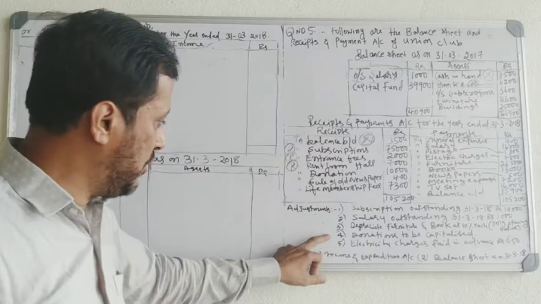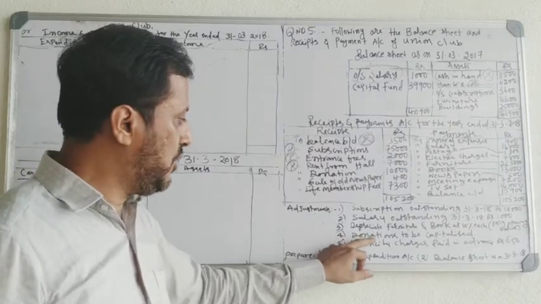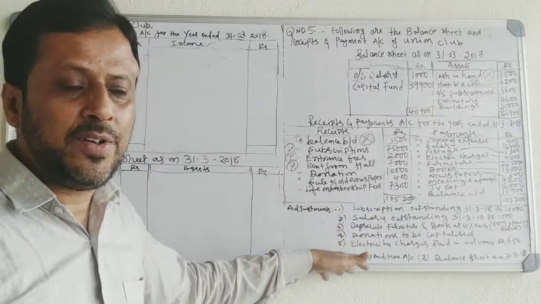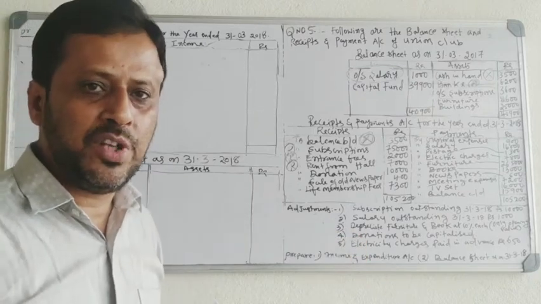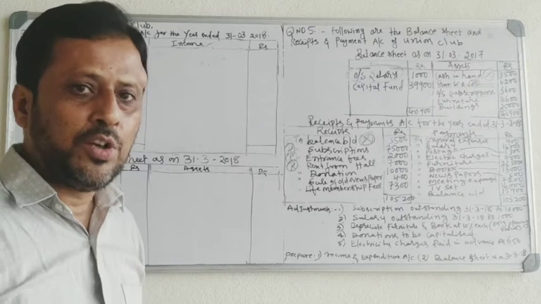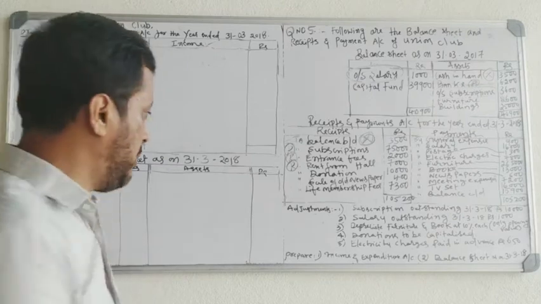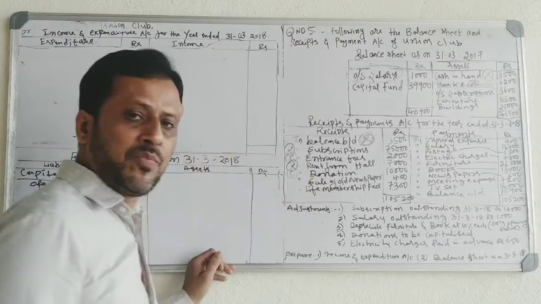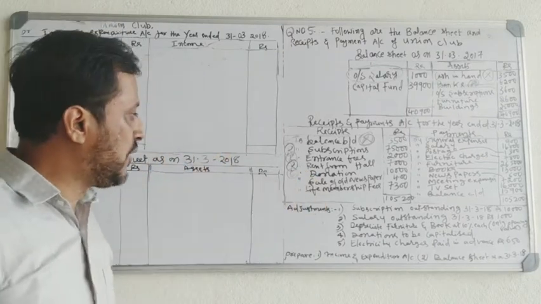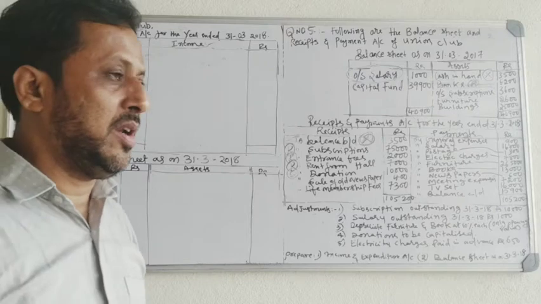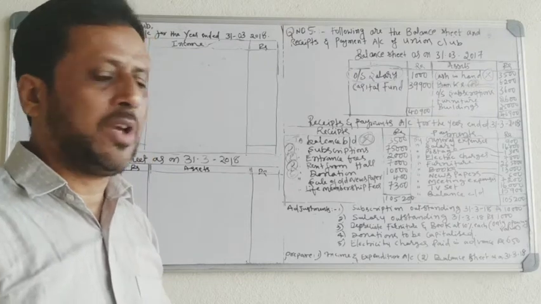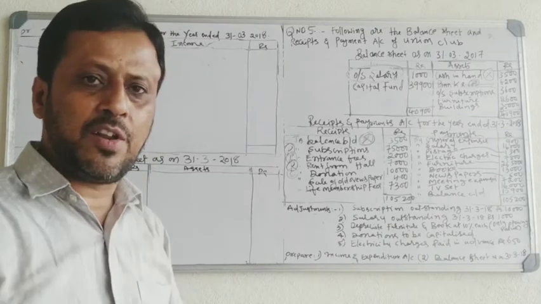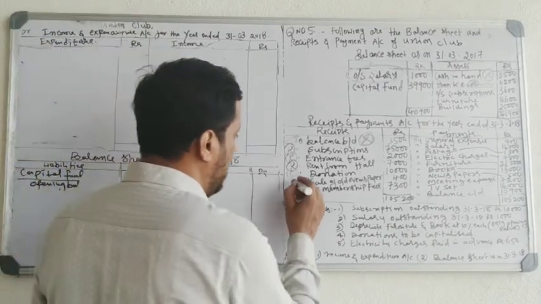Donation. See donation, the fourth adjustment. Donation to be capitalized. It is given in the adjustment that you have to capitalize the donation. That means the donation is to be treated as a capital receipt. So I will write C for this. Capital receipt. Donation. Then sale of old newspaper. Newspapers, when they become old, are disposed of by a library. Regularly they will receive the income. So it is also a revenue receipt.